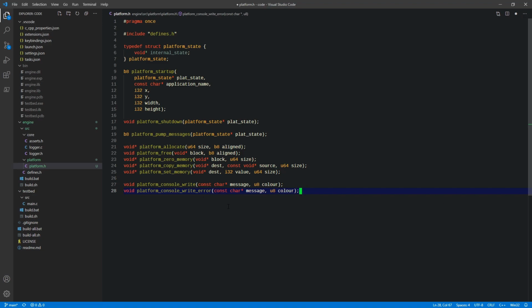And so this is a way that's going to allow us to do that in a platform agnostic way. This U8 color here is actually going to be tied to our log level. And you'll see once we get into the specific platform code, there's going to be different implementations of this per platform. So we have a platform console write, which is going to be responsible for writing to whatever console that platform provides, if it provides one at all. And then we also have a separate one for errors